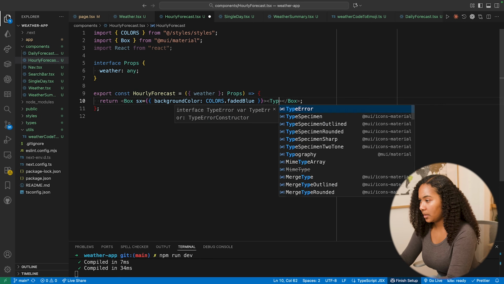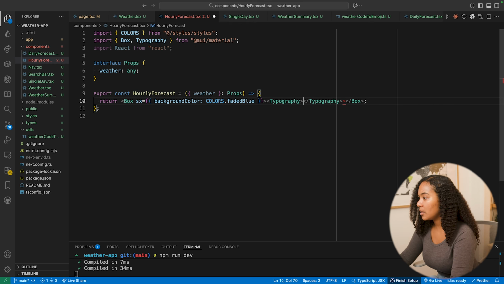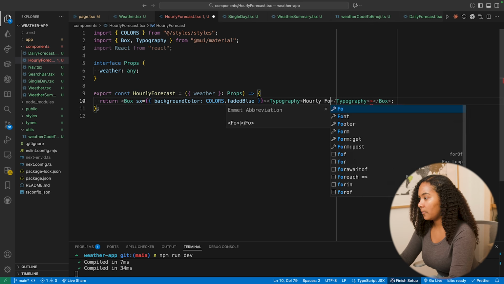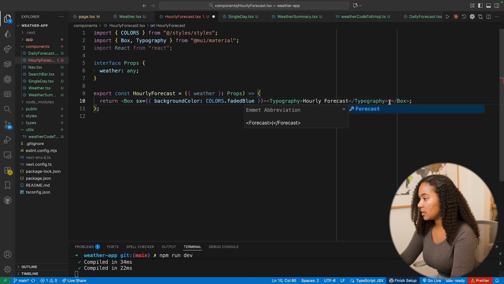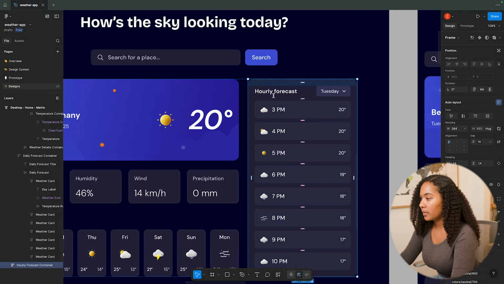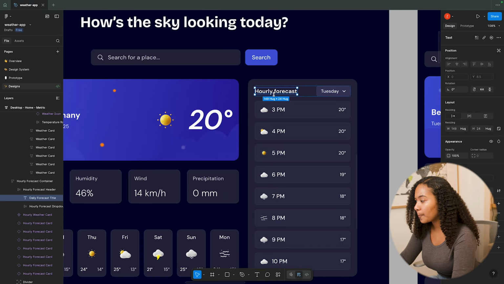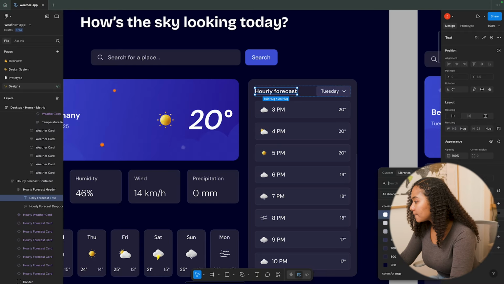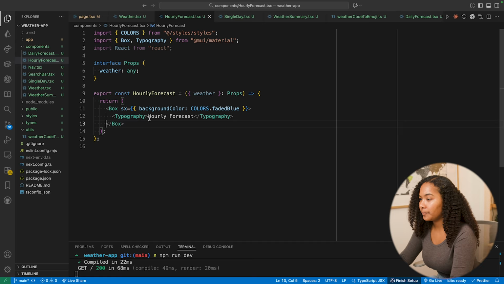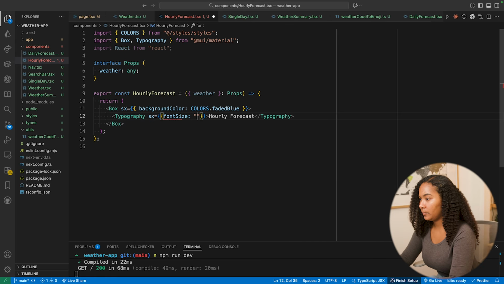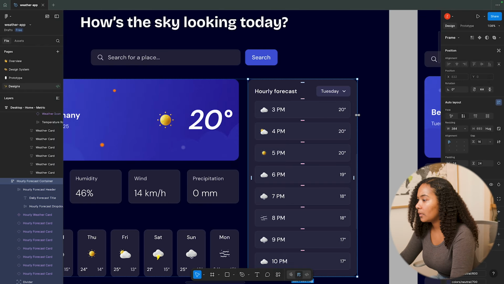Do a typography element here. We'll say hourly forecast. Oops, forecast. And then we're gonna say good. And then